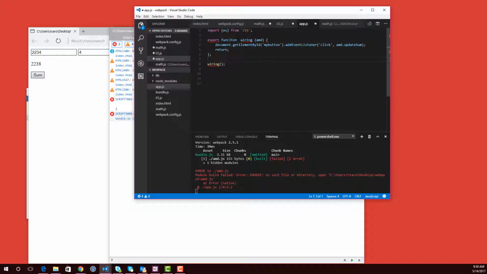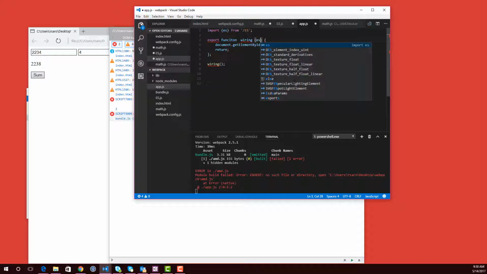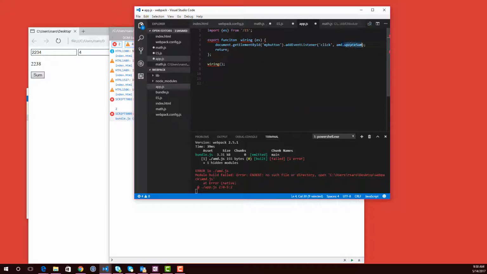We still have some error. Export function wiring. Okay, it's wondering where the AMD is coming from. So change this to ES, or you know what, we can do this, import update function, and that's it, and we'll just call this update function. This thing should work,